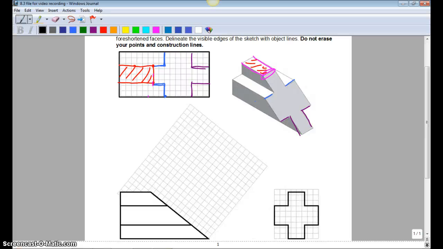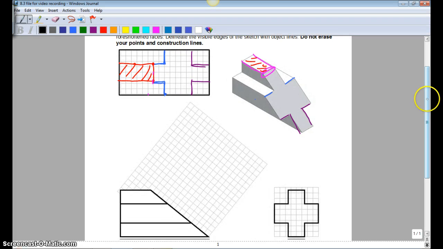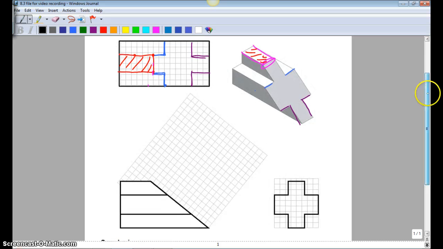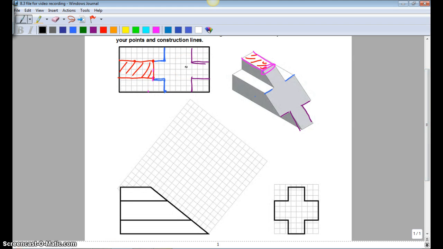Alright, now on to the actual auxiliary view of this activity. So we've got our top view, we just did that on our last video. The side and front views are already given, so what we need to do is find out how we can sketch our auxiliary view projected directly perpendicular to that angled face. So what we have to do is